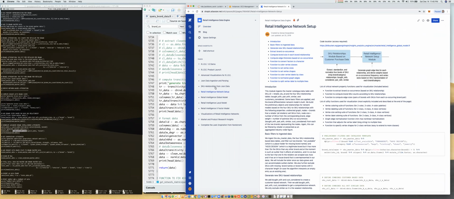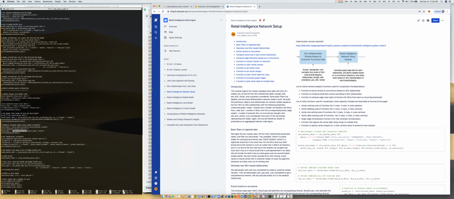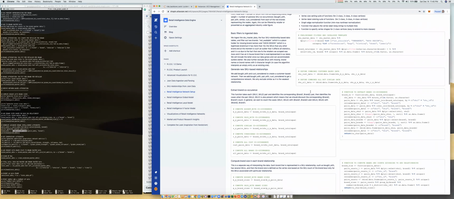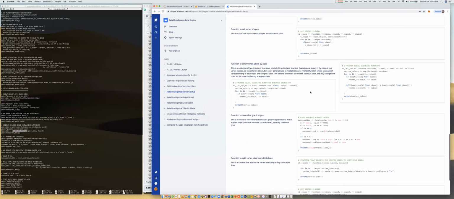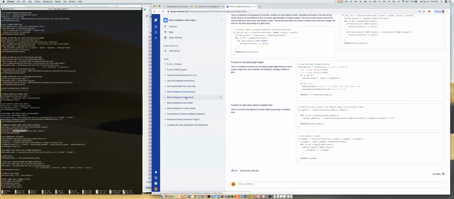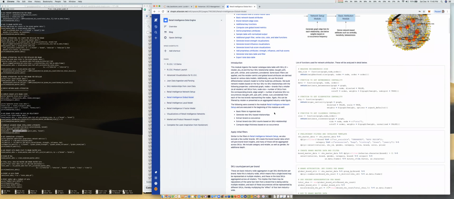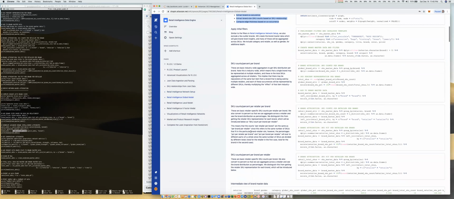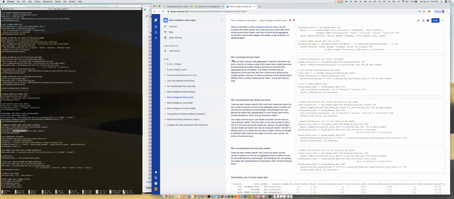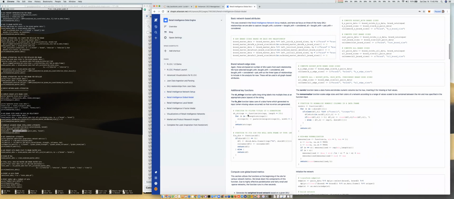So when I say the network setup, I actually describe, these are very, very early versions of the code. And I define some of these. In the global model that you're seeing right now, I'm talking about what it does and all these things, and basic filters and all of that. Here, the basic SKU counts, industry-wide aggregations and all that. And then we get to